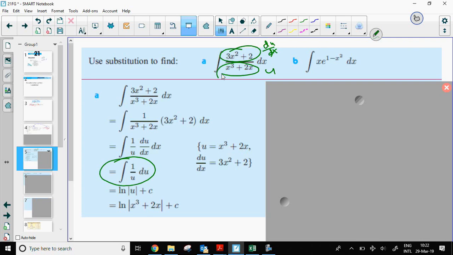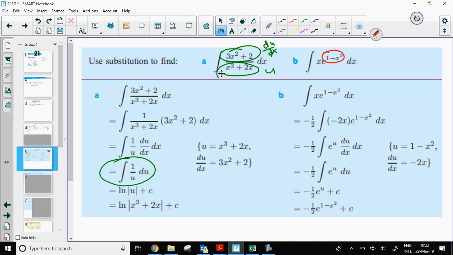In letter B, it's a little less obvious what substitution to use. I don't immediately see anything being the derivative of anything else. My intuition, after many, many years of doing problems like this, is to let the exponent on the e be the substitution. And indeed, that's what we're going to do. Now,